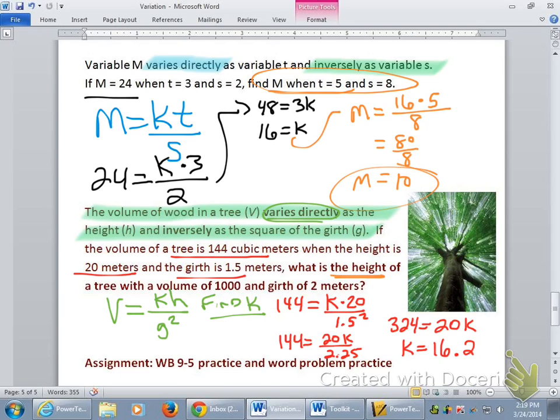So how does that tell you my formula? I can come back to my formula now and write that down. My formula is actually V equals, it's not KH over G squared, it's actually 16.2 H over G squared. And that got a little sloppy for space, but